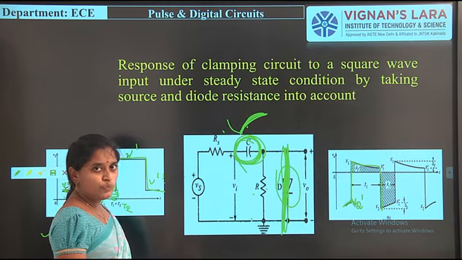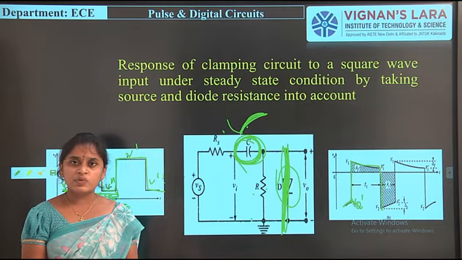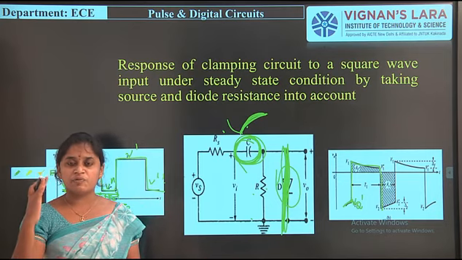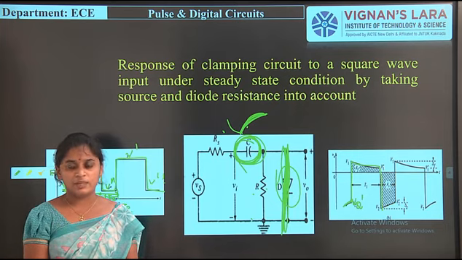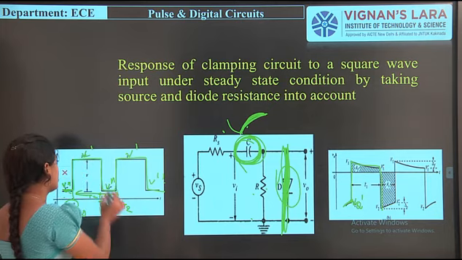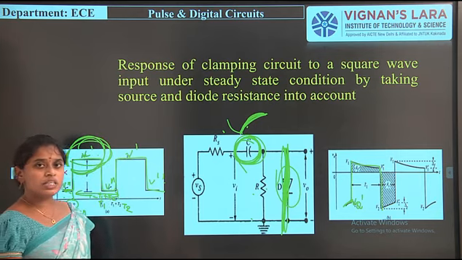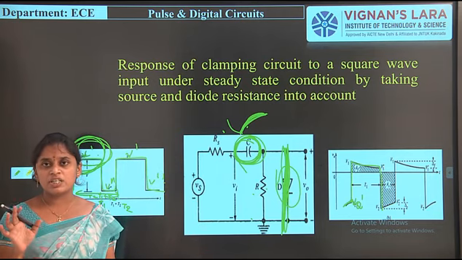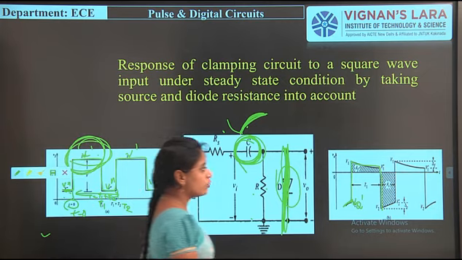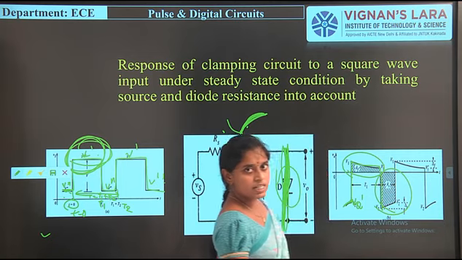Here we have to find what is meant by tilt and what the condition of tilt is. As we know, we discussed tilt in the first unit. Tilt is the exponential decay of the output signal due to a constant input signal. When we apply a constant input signal, the output may decrease exponentially. This particular condition is known as tilt. This one is also a tilt, that is, an exponentially increasing and decreasing signal.